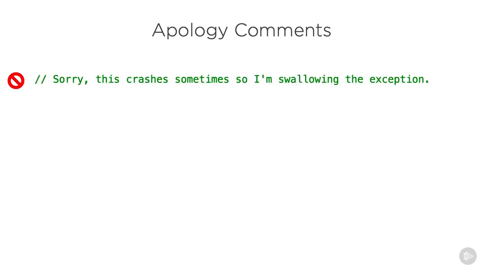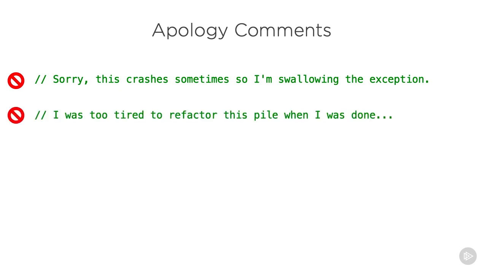Apology comments. These are the comments that make maintenance programmers want to cry. You finally navigated to the point where the bug was reported, and just to find a comment like this. Comments like this are a sign that the original developer just didn't bother finishing the job. It's malpractice because it leaves a mess for someone else to have to clean up later. Here's another example. This developer was so exhausted after merely getting it to work that they left a mess that no one else has hopes of easily understanding.